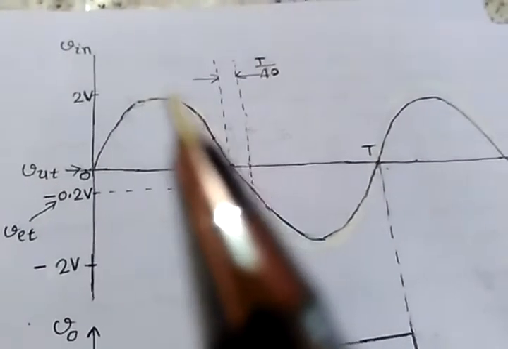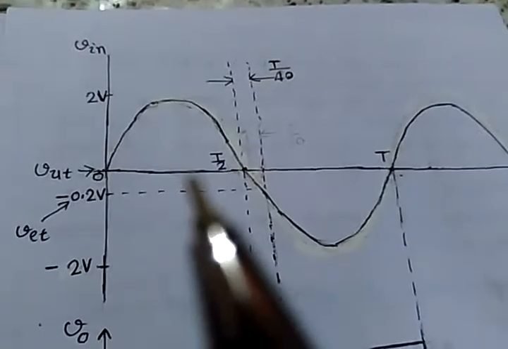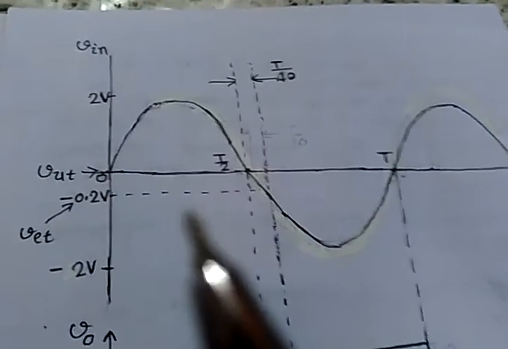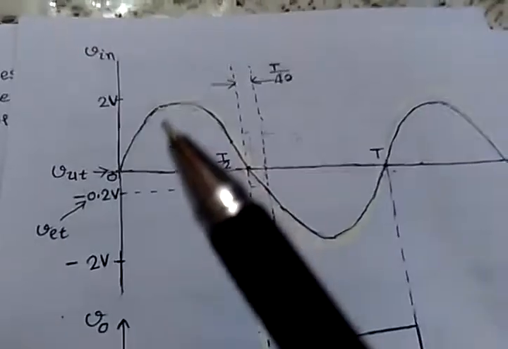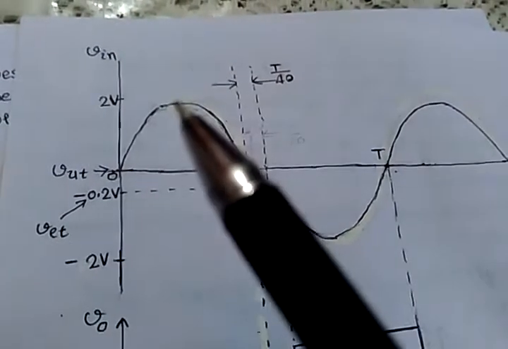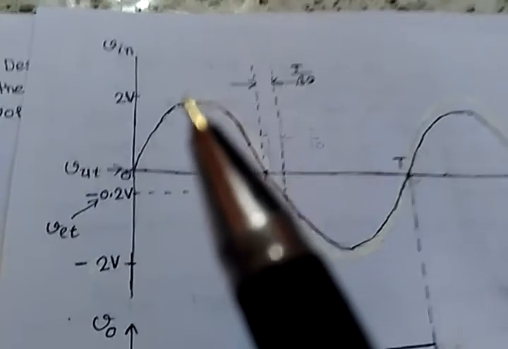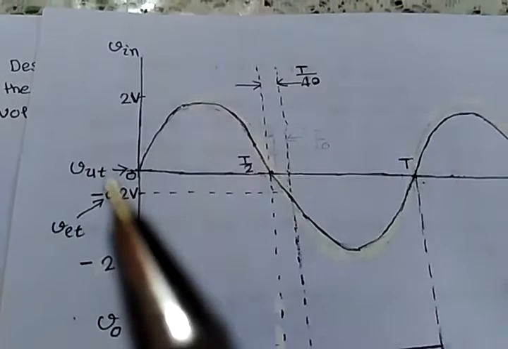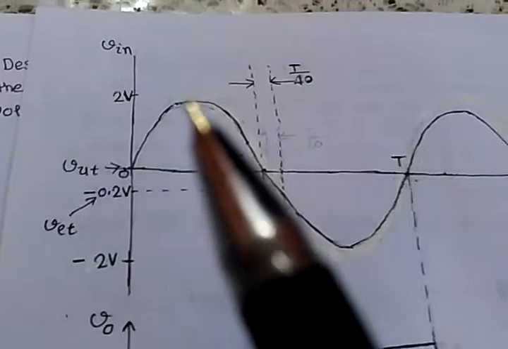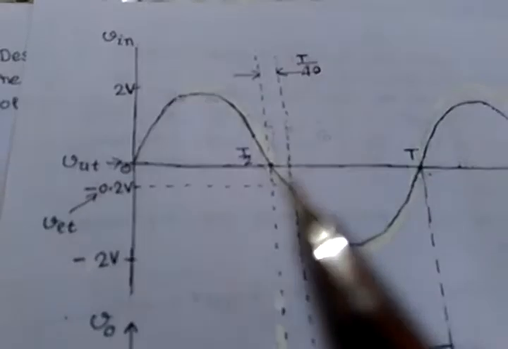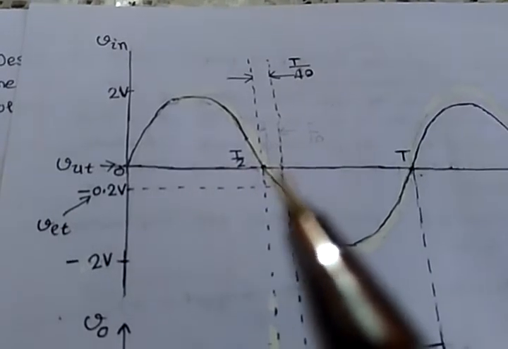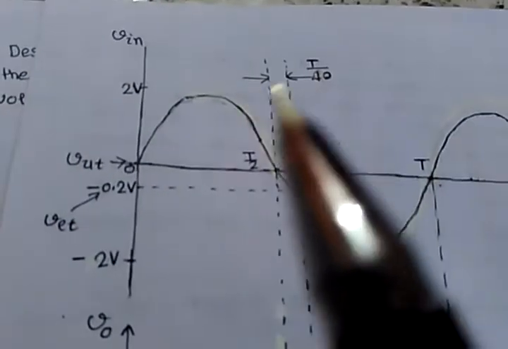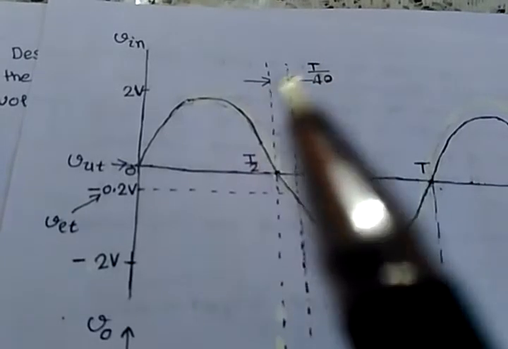So the time taken to change from 0 to 0.2 volt will be 1/10 of the time taken by the signal to change from 0 to 2 volt, and the time taken to change from 0 to 2 volt is T by 4. So the time taken by the signal from 0 to 0.2 will be T by 40, as indicated in this figure.